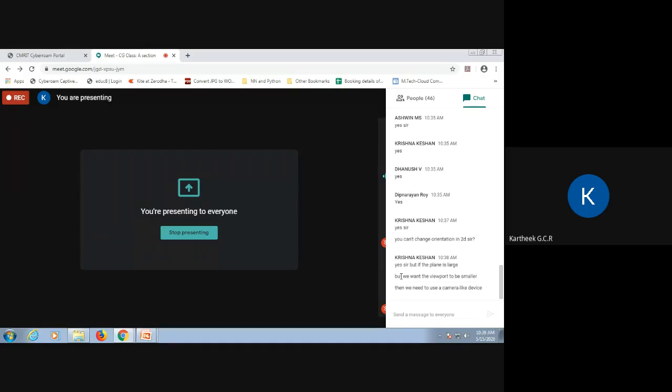I didn't get it actually. If the plane is large, you have the clipping window to look at how much of the portion you want. It is like zooming in and zooming out, right? The clipping itself is doing that for you. And viewport doesn't come into the picture here. No matter how big or small your viewport is, whatever you map in your clipping window is mapped into your viewport.